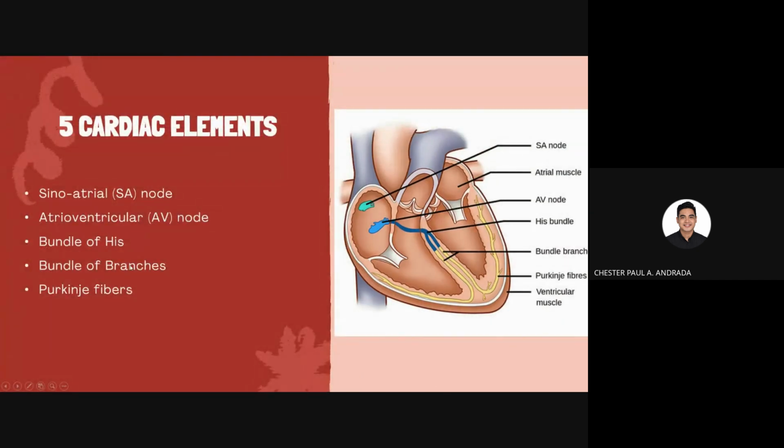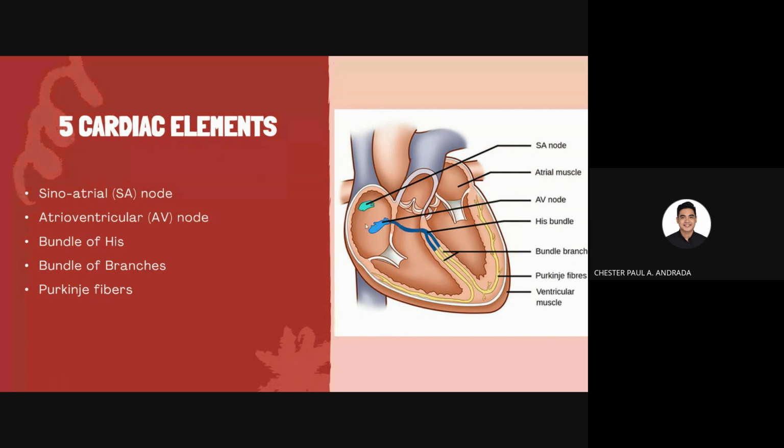So yeah, these are the five cardiac elements which affect the rhythm of the heart. So we have the sinoatrial or SA node, atrioventricular or AV node, bundle of His, bundle of branches, and the Purkinje fibers. As illustrated on the right side of the screen, you can see the green one is the SA node, which the impulse will be coming from. Then it will be transmitted to the AV node, which is the blue one in here. There will be a gap from the SA node and the AV node, which you can see later sa ECG